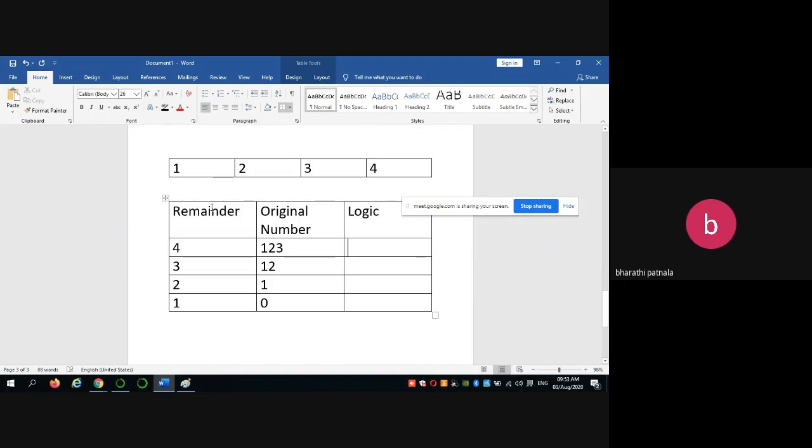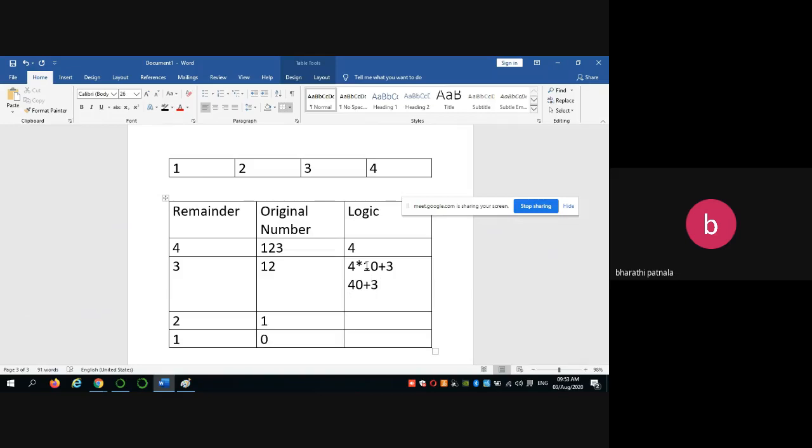So 4 at the first time, 4 itself is 4. For the next time, we cannot shift 4 from the units place to the thousands place at a time. So first where should 4 be taken? Move it to the tens place. To move 4 to the tens place, we have to do 4 into 10 and add the remainder. That means 4 tens are 40 plus 3, you have 43.